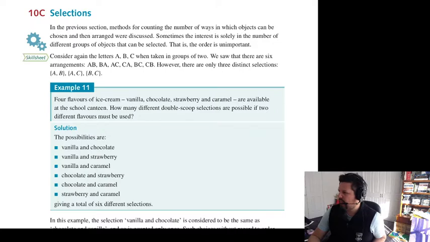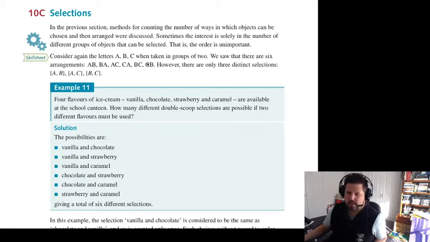So again, let's have a look at this particular example of the three letters. Let's consider the letters A, B, and C when taken in groups of two. We saw that if you place them in groups of two, there were 6 different arrangements. However, when we start talking about unique or distinct selections,